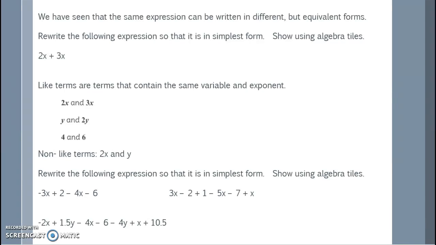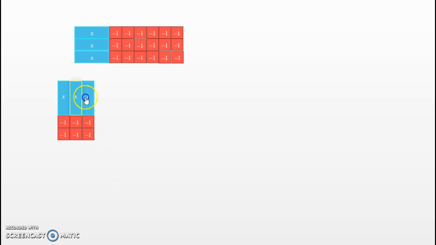We have seen that the same expression can be written in different but equivalent forms. Let's rewrite the following expression so that it is in simplest form. Show using algebra tiles. 2x plus 3x. Now this might seem mundane to us, but for someone just starting out, showing that they are the same is